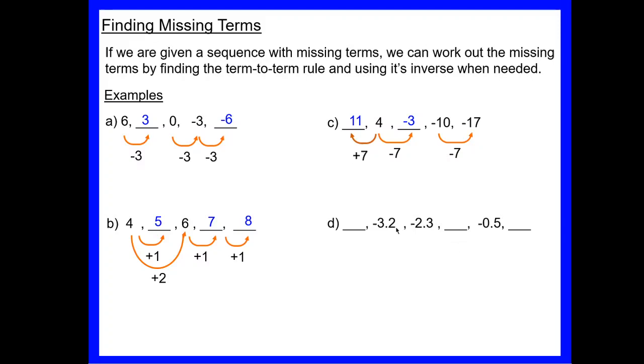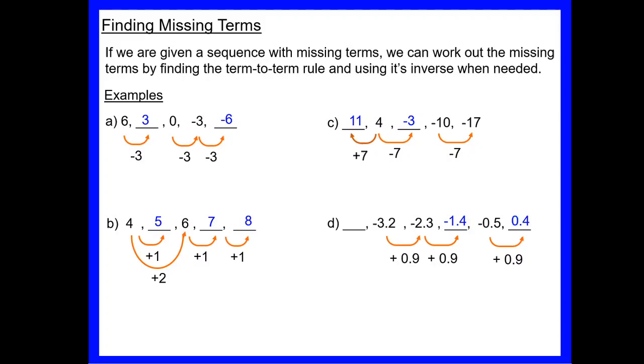Finally for D then, we've got negatives and decimals this time. So again using 2 together to get from minus 3.2 to minus 2.3. You may need to use your calculator if you're not sure about that, but we're adding 0.9. So our left to right rule is adding 0.9. Minus 2.3 plus 0.9 is minus 1.4. We can check minus 1.4 plus 0.9 is minus 0.5, and we can do the same with minus 0.5. If we add